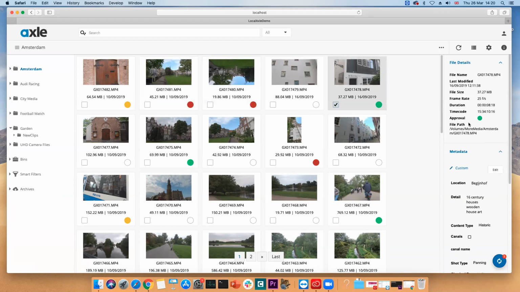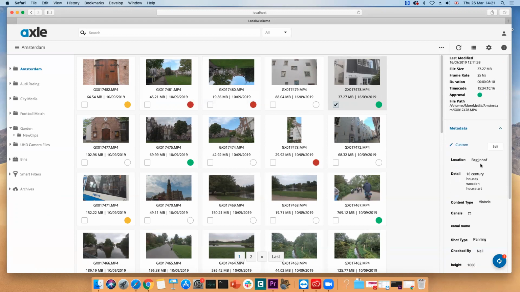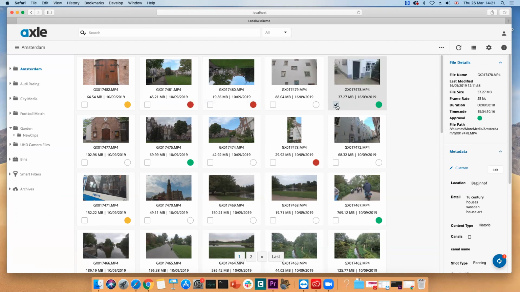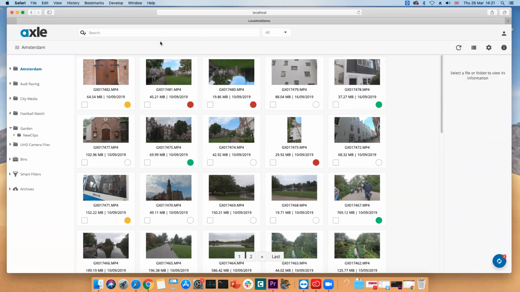So this is displaying information for the clip I have selected. In this case, all the file information and also the metadata information for that particular clip. The other thing that's changing along this top row here is a new menu is appearing. Now, one of the really cool things about Axel is there are only 2 user menus that a new user